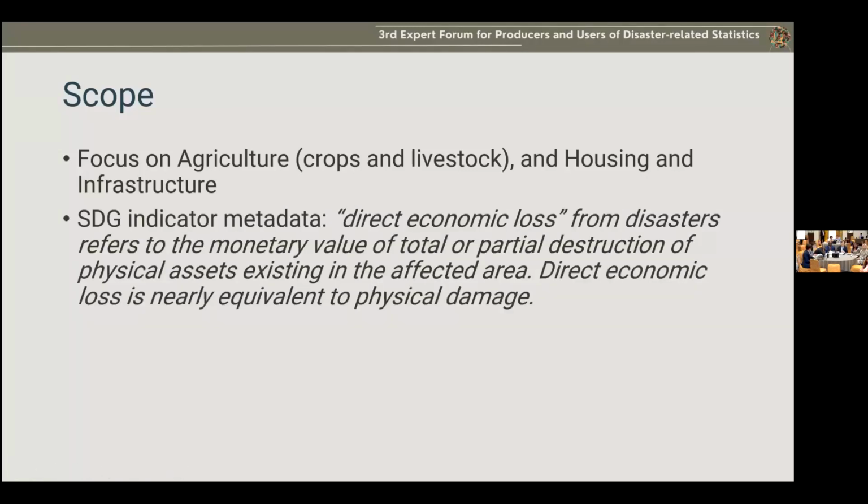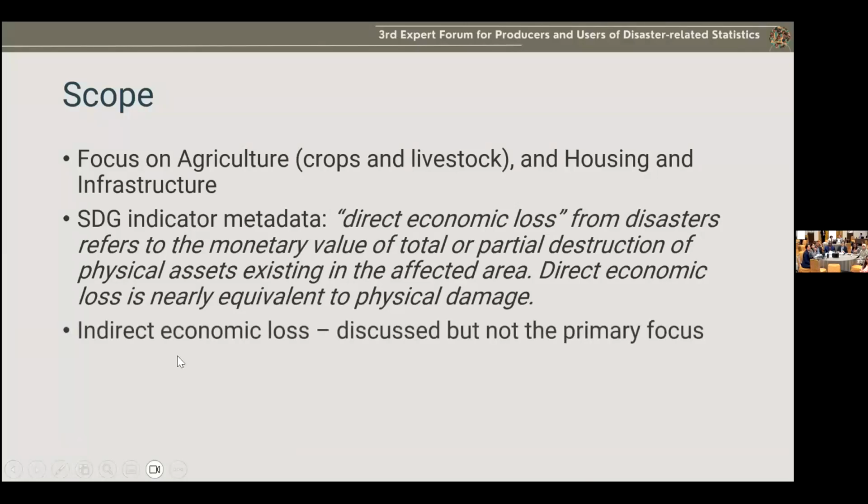Now, when we talk about direct economic loss, one thing that we want to be guided by is how to define it. So we generally follow the SDG indicator metadata. Just in a nutshell, the SDG indicator metadata suggests that we define direct economic loss as the monetary value of physical damage. And we touched upon in the room a lot on indirect economic loss, although that wasn't the primary focus,